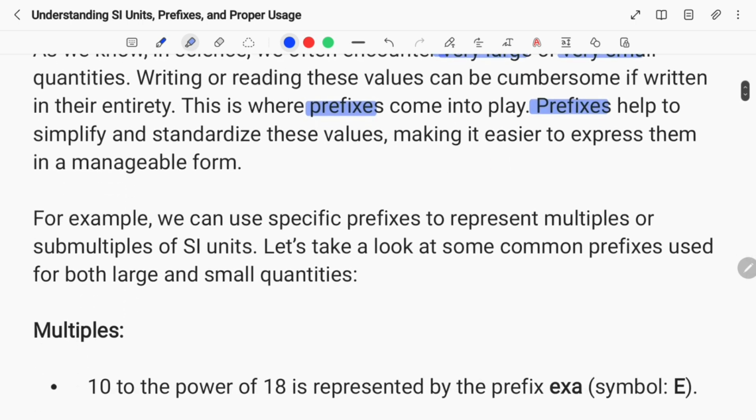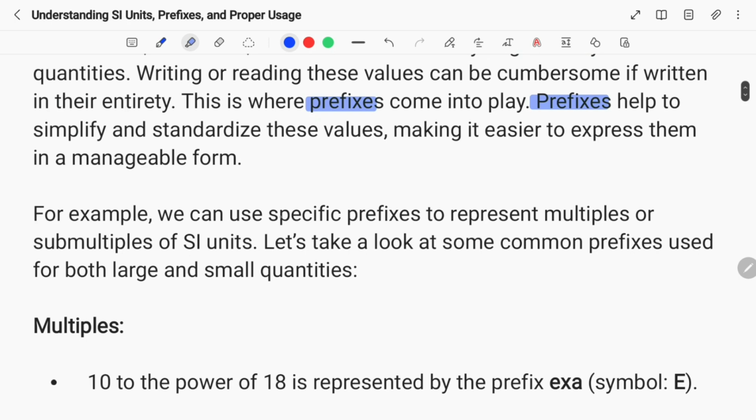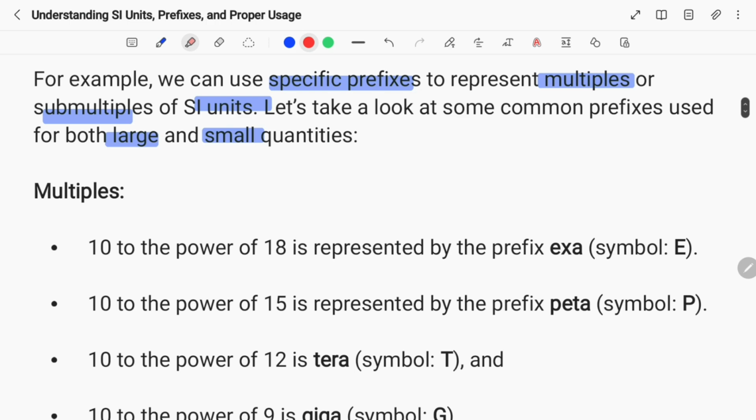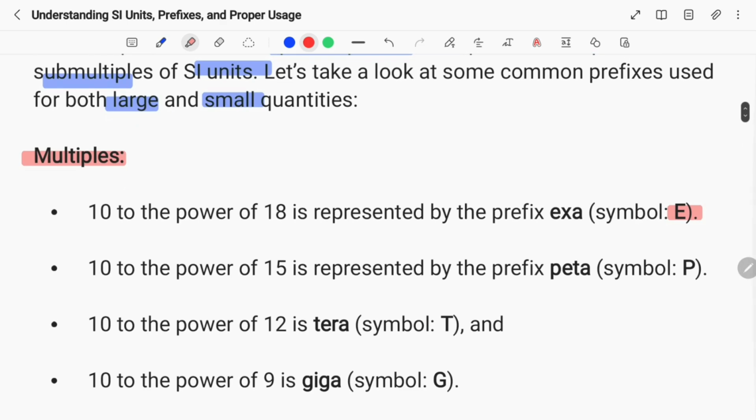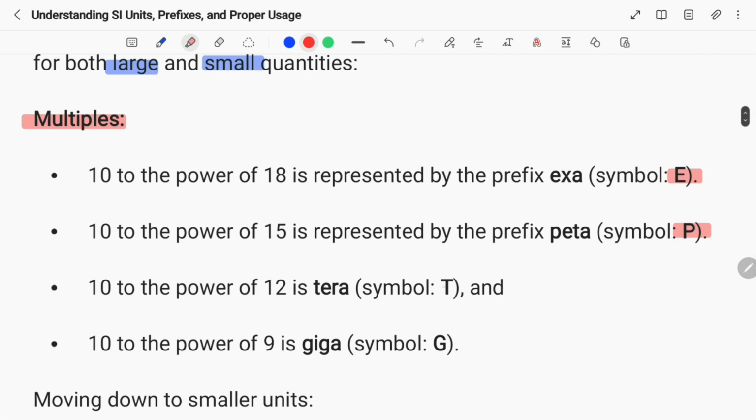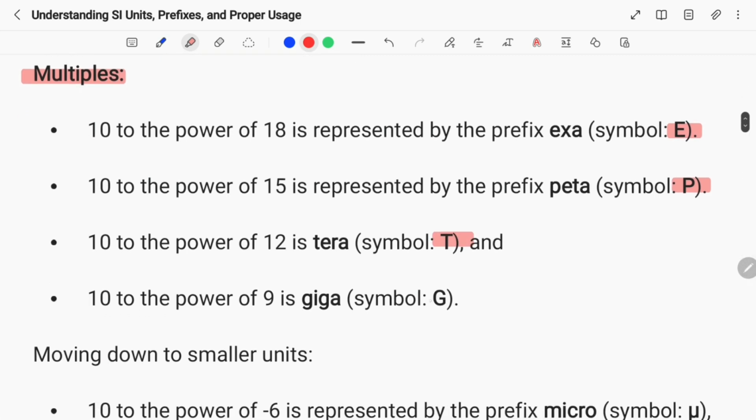For example, we can use specific prefixes to represent multiples or submultiples of SI units. Let's take a look at some common prefixes used for both large and small quantities. Multiples. 10 to the power of 18 is represented by the prefix exa, symbol E. 10 to the power of 15 is represented by the prefix peta, symbol P. 10 to the power of 12 is tera, symbol T, and 10 to the power of 9 is giga, symbol